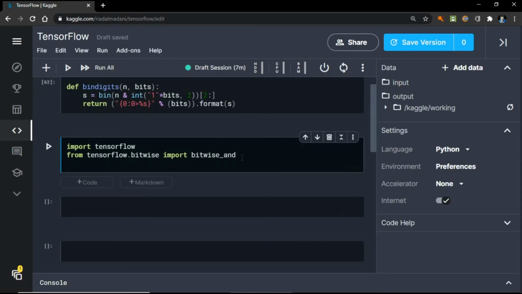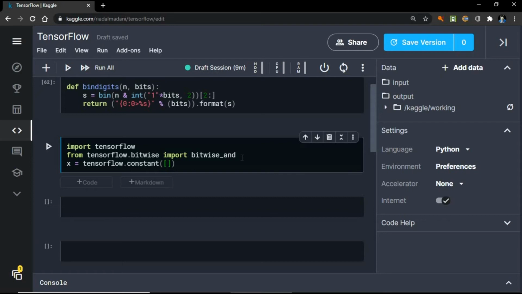Now let's make tensor x. X equals tensorflow.constant, open parentheses, open square brackets,